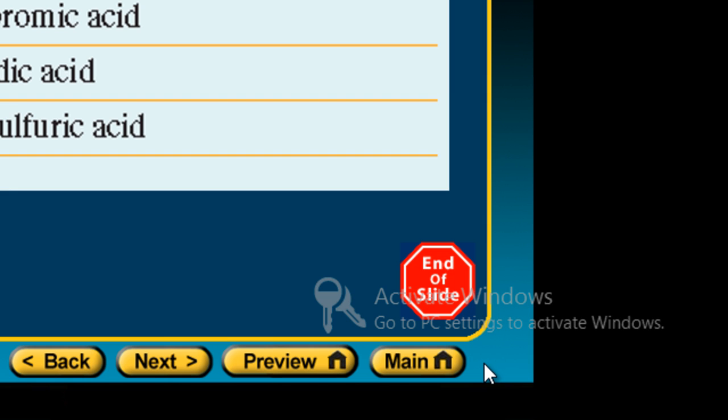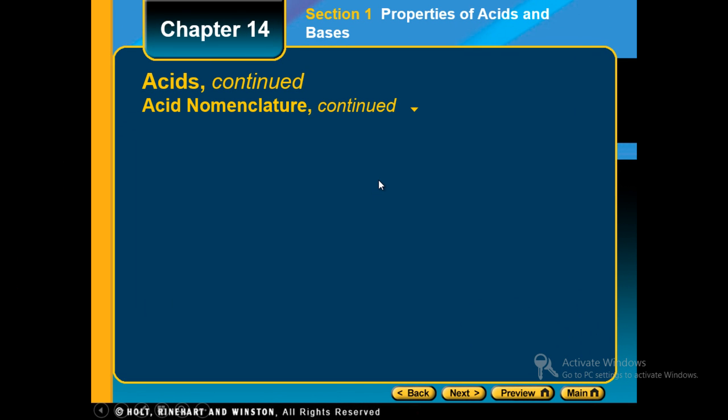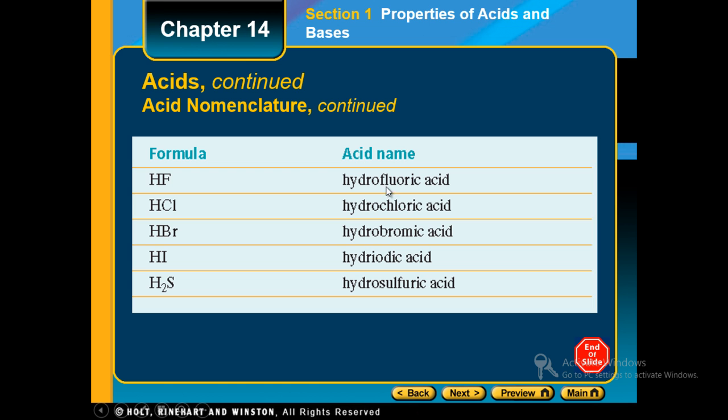So the name of the compound, which is normally hydrogen fluoride, will turn to hydrofluoric acid. The same will be with HCl, which is hydrogen chloride, which will turn to